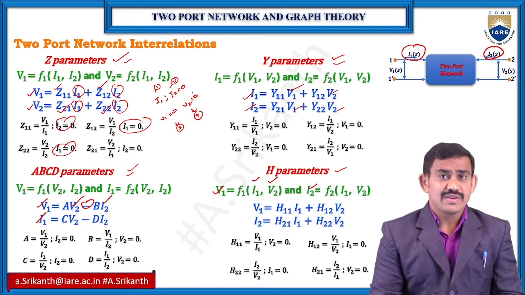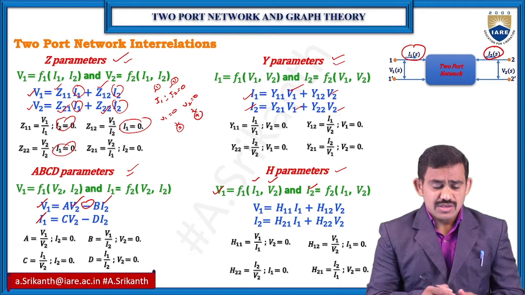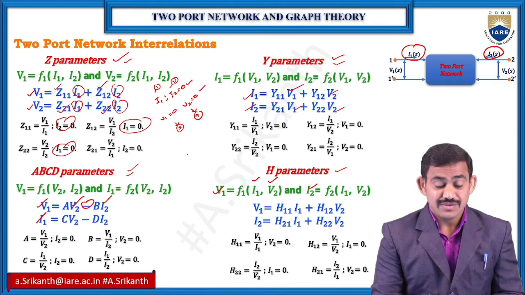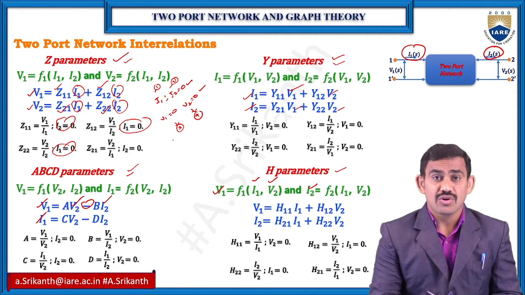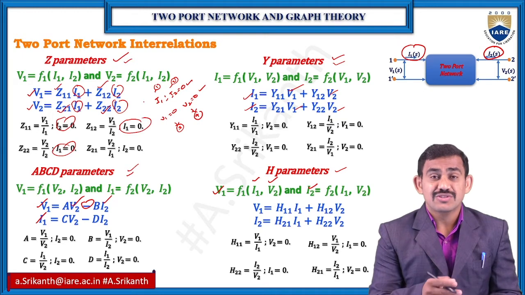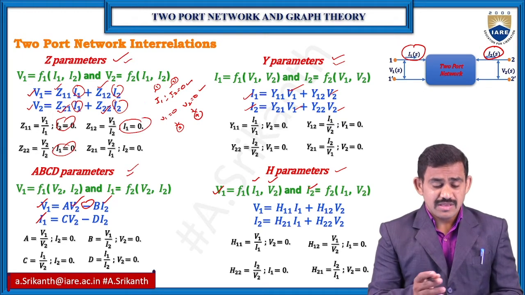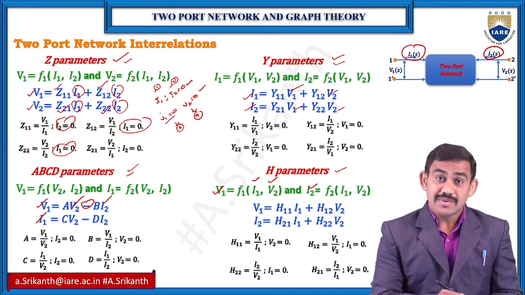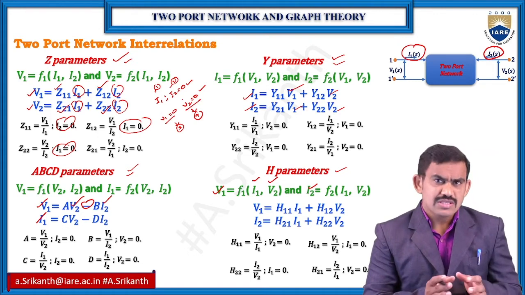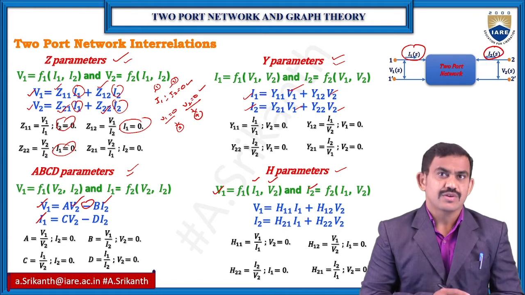So for any circuit, if you have an exam, if you use these 4 conditions, you will get all parameters within these 4 conditions. But you need to know I1 is 0 means the primary side is open, I2 is 0 means the secondary side is open. Same thing, V1 is 0 means the primary side is short circuit, and V2 is 0 means the secondary side is short circuit. Just use this logic and find out which parameter you require.